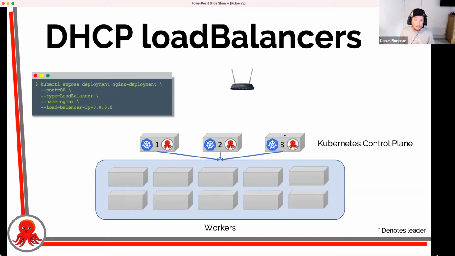So how that works is that if we do a kubectl expose, we need to specify that the load balancer IP address is 0.0.0.0, which is effectively an erroneous IP address. However, we're allowed to enter this into the service.